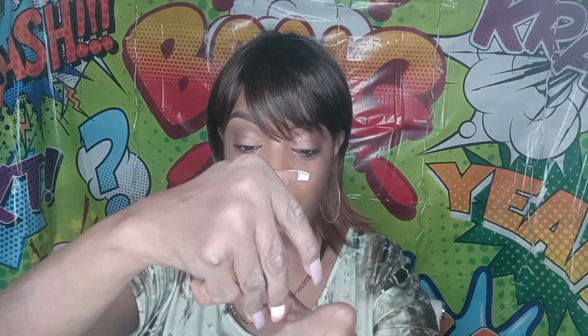What I like about this is it's short. It's got a lot of layers in it. And if you want to bump it, you can bump the hair and make it look totally different. Because it has a lot of layers in it, you can do a lot of different things with it. And the layers is what gives you the freedom to do a whole lot with it. Oh goodness, she needs to go somewhere right here. You can go ahead and flirt around with her like that. And then if you want to do the layers again,